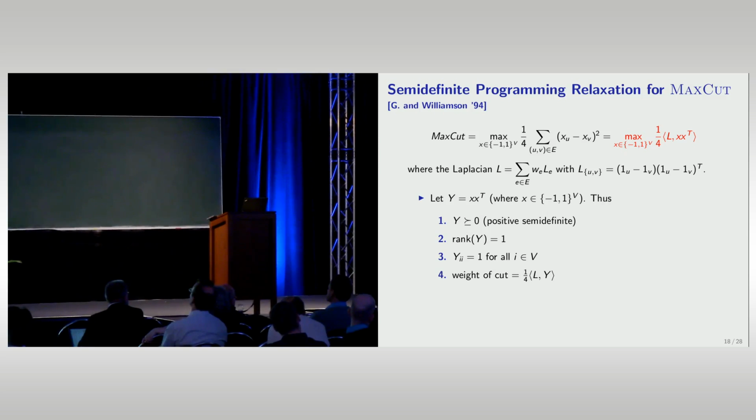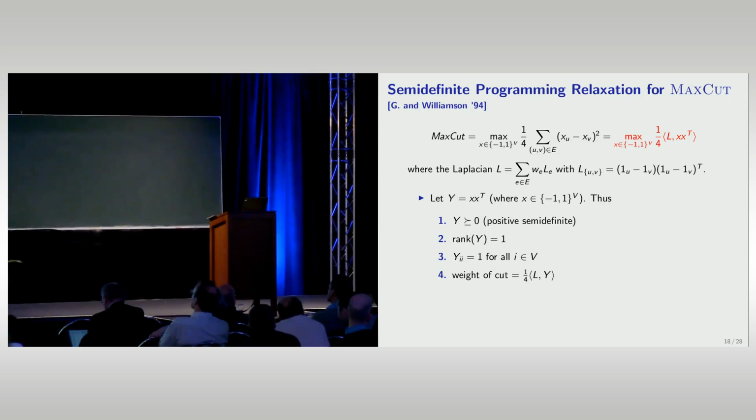And so when you look at this formula, the Laplacian is just the discrete Laplacian. It's a weighted summation of these matrices that have just a 1, 1 and a minus 1 for the endpoints of your edge. And so when you look at this form, suppose that I replace XX transpose by Y. Clearly Y